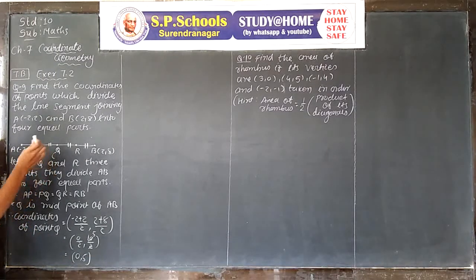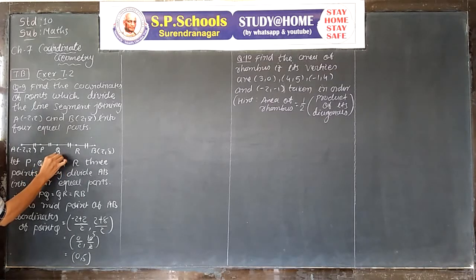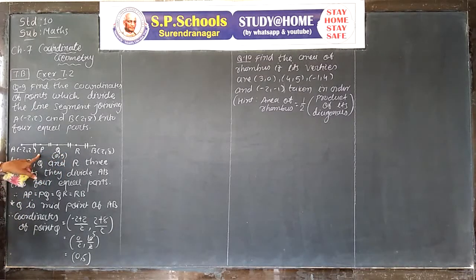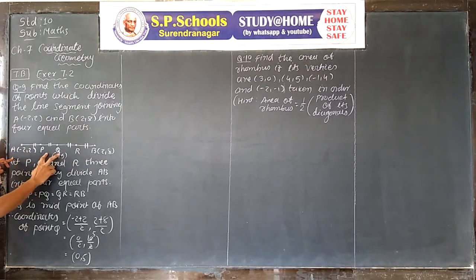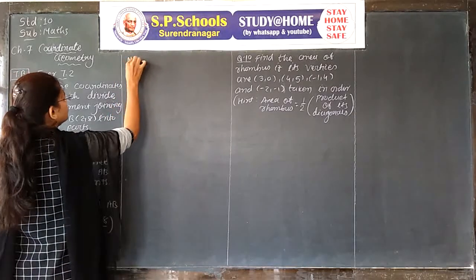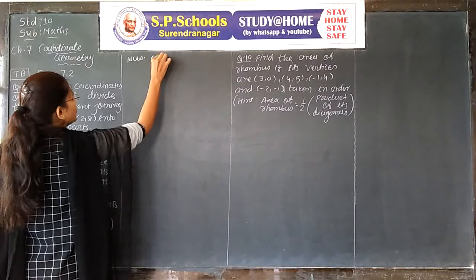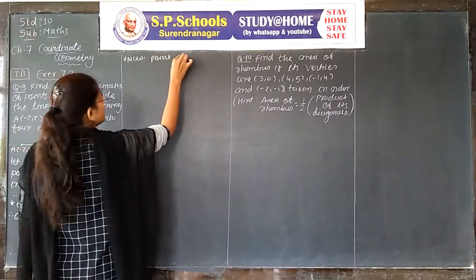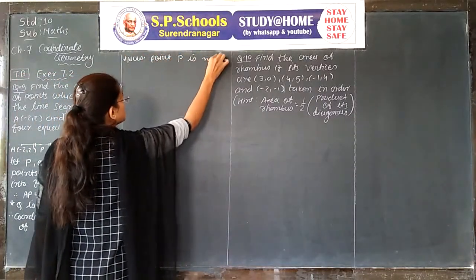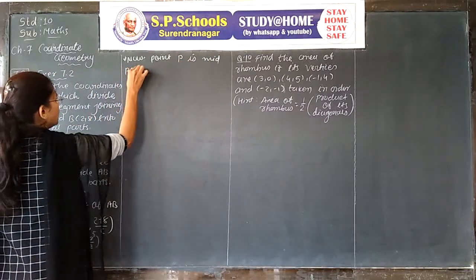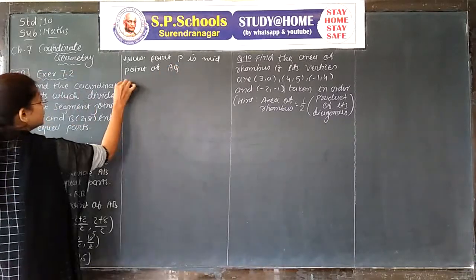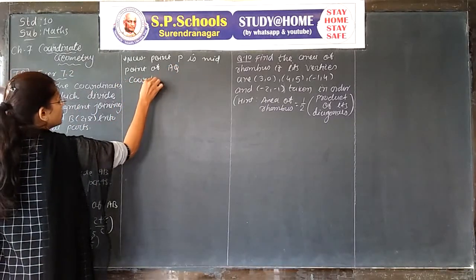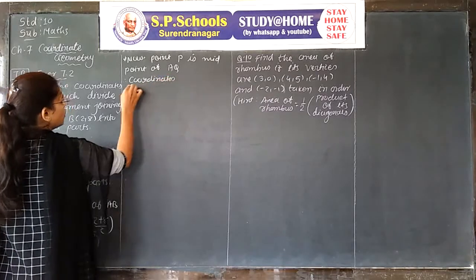Now we find P and R. Q is (0, 5). Now P is the midpoint of AQ. AP is equal to PQ, that's why P is the midpoint of AQ. Therefore,